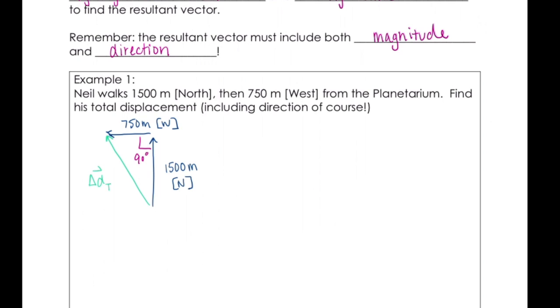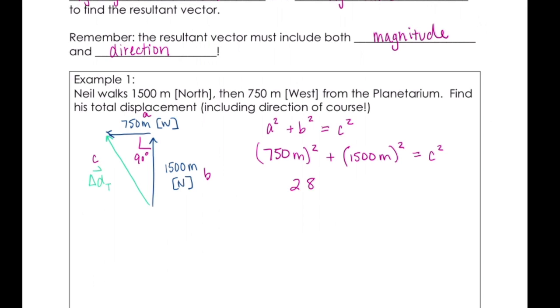Remember that the Pythagorean theorem is a squared plus b squared equals c squared. We'll make this side A, this side B, and this side C. So we're going to have 750 meters squared plus 1,500 meters squared equals c squared. I'm just going to keep it c squared to have fewer letters to represent the displacement. When I take the square of each of these and add them together, I get 2,812,500 meters squared